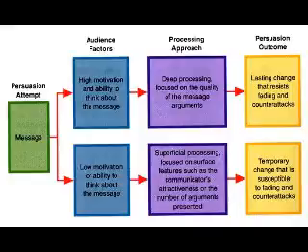The last box here is the dependent variable, and that's what we expect to change based on the other variables in our model. We expect to see a difference in whether or not people are persuaded. Maybe if there's a strong message to start off with, then we might expect people to be persuaded in a particular way, given the amount of knowledge they have and that sort of thing. Now, between the independent variable and the dependent variable, you have other ones, and those are called mediating variables. Those are the variables that come in between the independent and dependent variable.